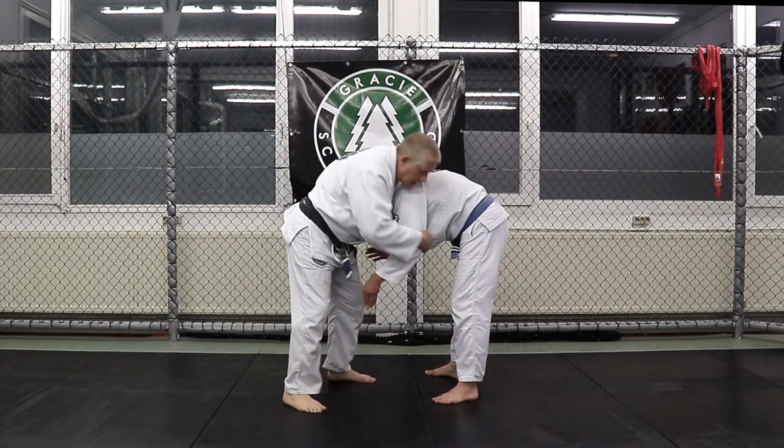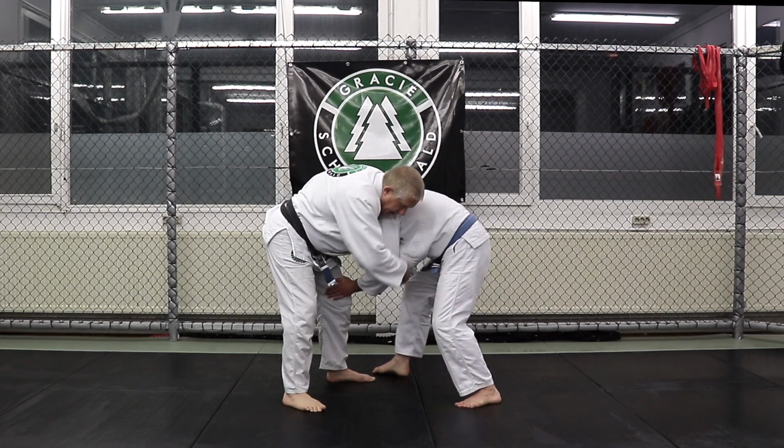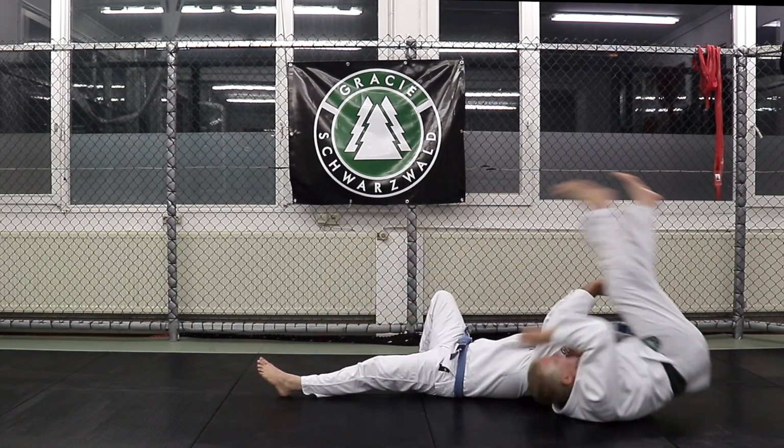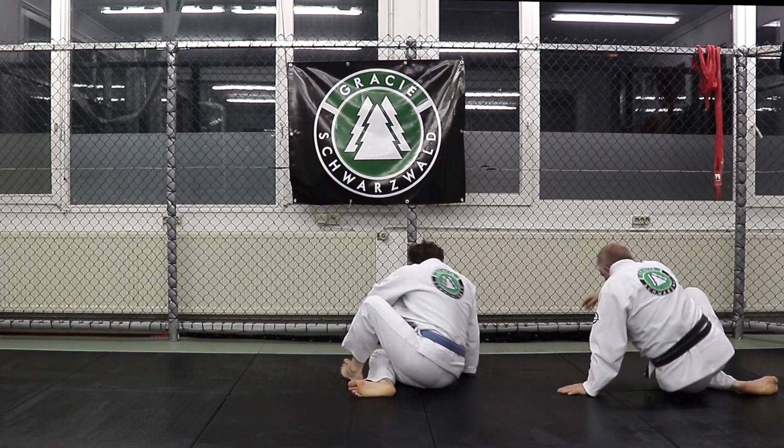So from here, he's going to switch the leg. He's going to take a slight step with the outside leg. He's going to kick this leg all the way through and sit. He's going to use that arm to elevate my knee over the top. Okay? Now,